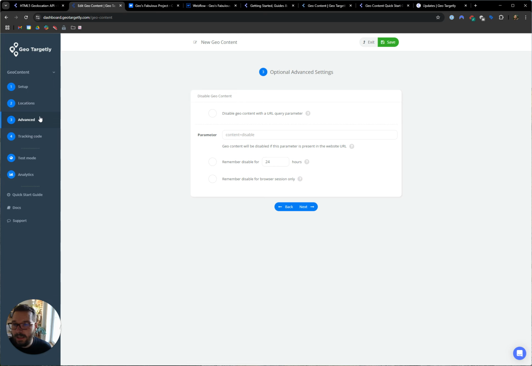What you can do is, in the advanced settings, you can click on disable GeoContent with the URL query parameter, and you need to define that parameter. So this would be, for example, content equals off. You can choose whatever parameter you want. And if I save right now,